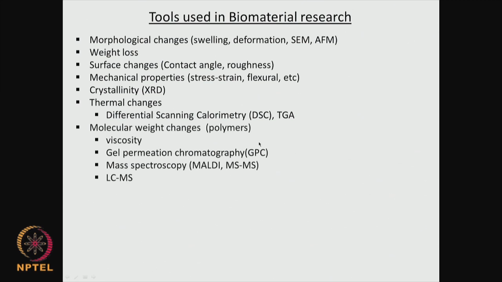Then molecular weight changes. If it is a polymer, I would like to know whether it has degraded, whether it has become more oligomeric in nature. Okay, so we can determine viscosity average molecular weight, or number average molecular weight, or weight average molecular weight. Okay, so there are many tools like gel permeation chromatography, mass spectrometry, which is very useful to determine the mass